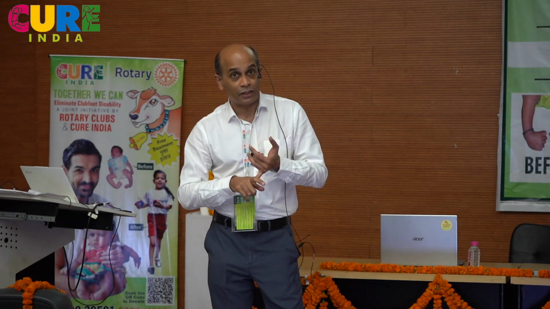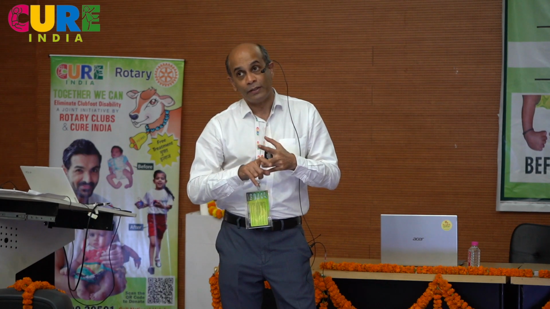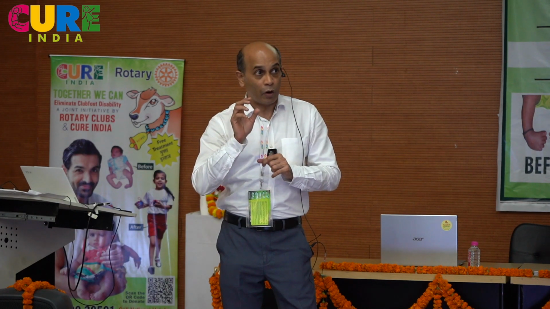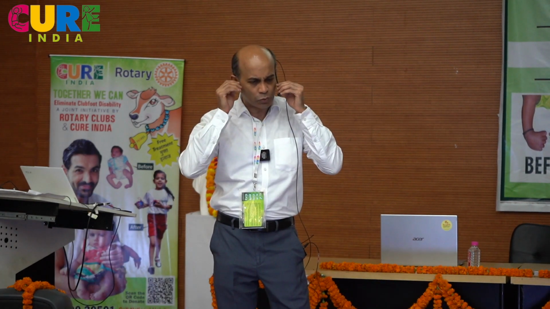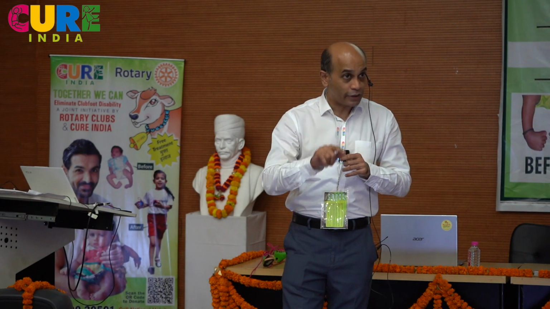One of them is this 1963 publication, one of them is the 1980 publication, one is the 1996 publication, all of them in JBJS. The 1996 publication is the most important one because that showed a 34-year follow-up of the Ponseti method, where the minimum follow-up was 34 years. So going back to the 1963 publication, what happened in that publication was that the relapse rate that Ponseti described of his own technique devised by him was, anyone knows?